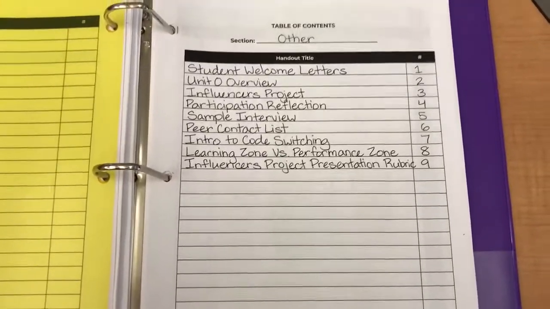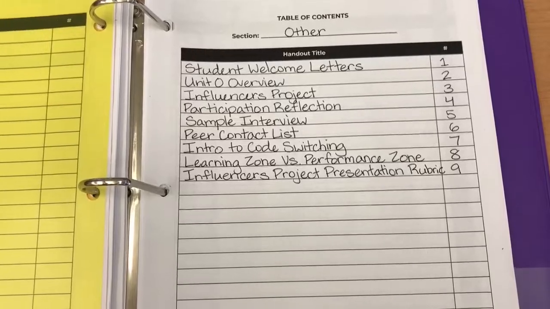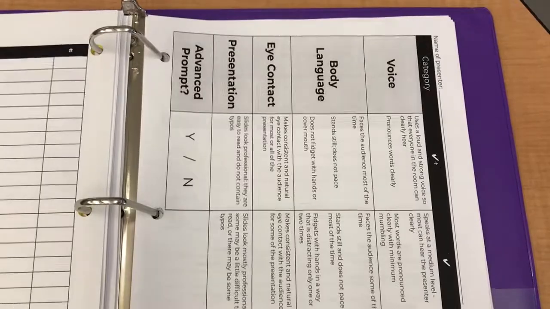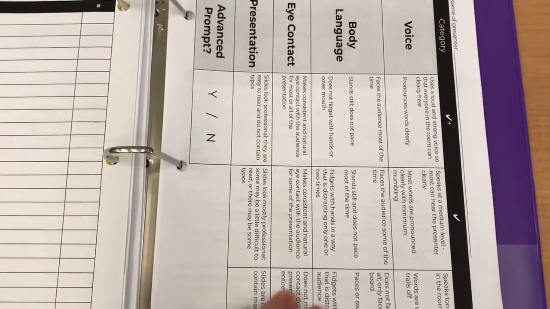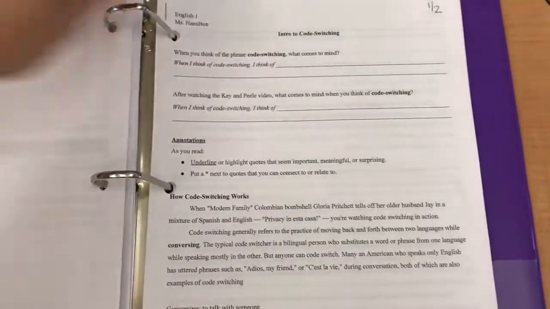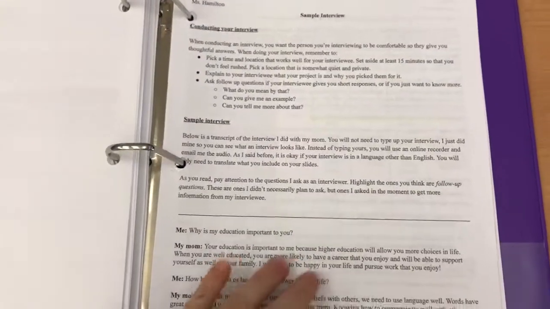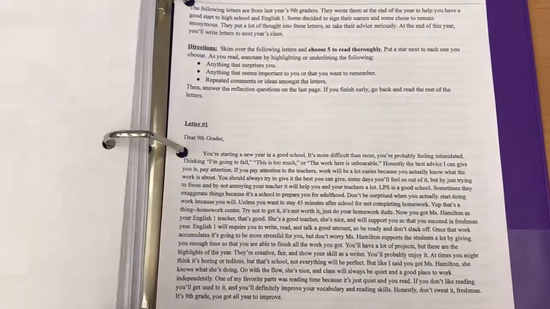Your other section has quite a bit of stuff in it. Pause the video whenever you need to make sure that your table of contents looks like mine. Then as you're going through, you'll see your rubric first. If you just presented the other day and I still have your rubric, then you won't see yours, but everyone else, you should have it. And then the learning zone versus performance zone handout, intro to code switching, your peer contact list, yours will be filled out, your sample interview, your participation reflection, your influencers project handout, your unit 0 overview, and then your student